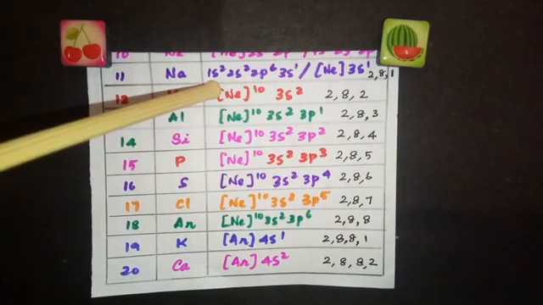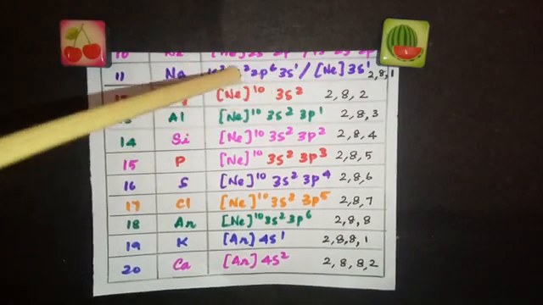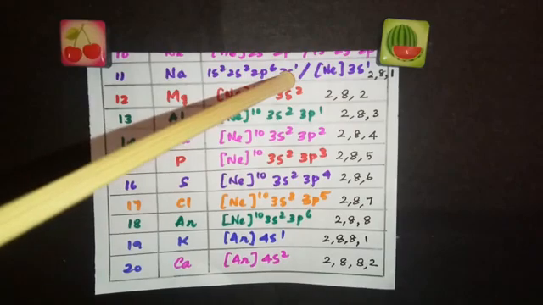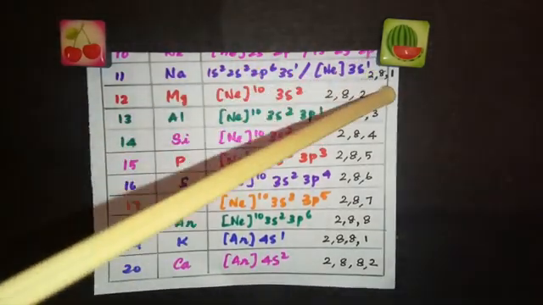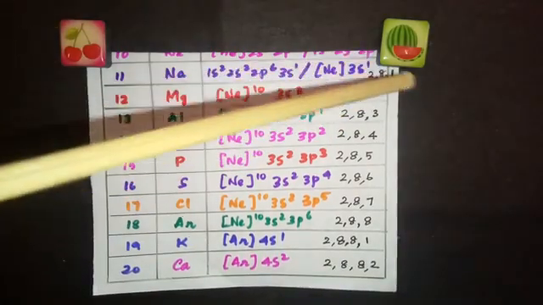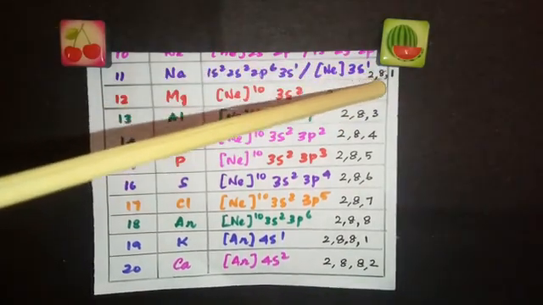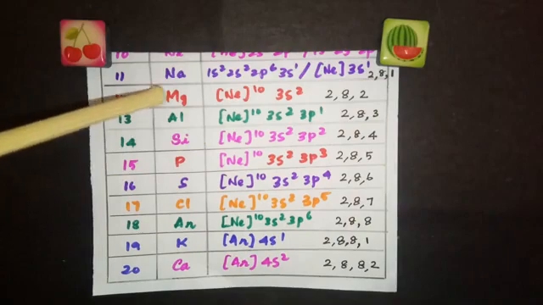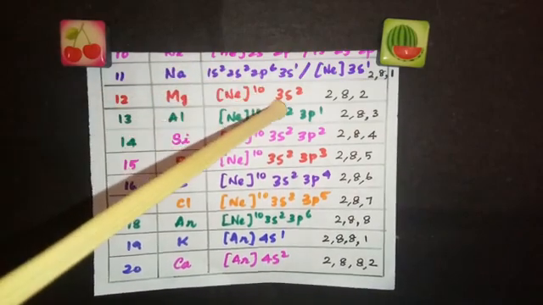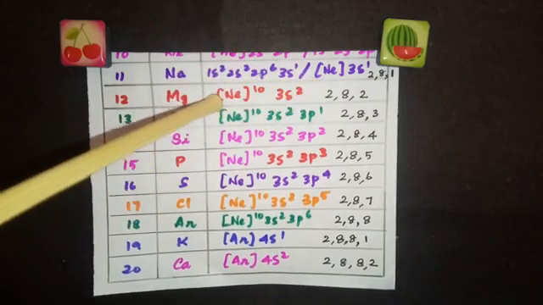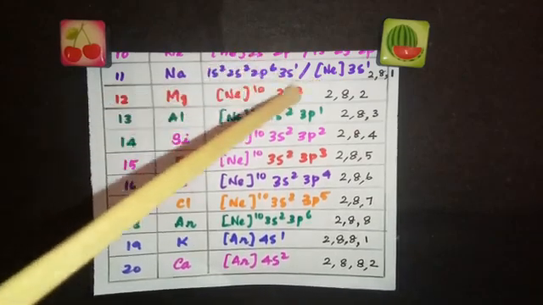And one more thing, this is the K shell, these 2 are in the L shell, and this is in the M shell. So 2, 6 plus 2 is 8, and 1 is the general representation of the electrons: 2, 8, 1. And for magnesium, there are 12 electrons. So neon 10, 3s2. Or you can write 1s2, 2s2, 2p6, 3s2.